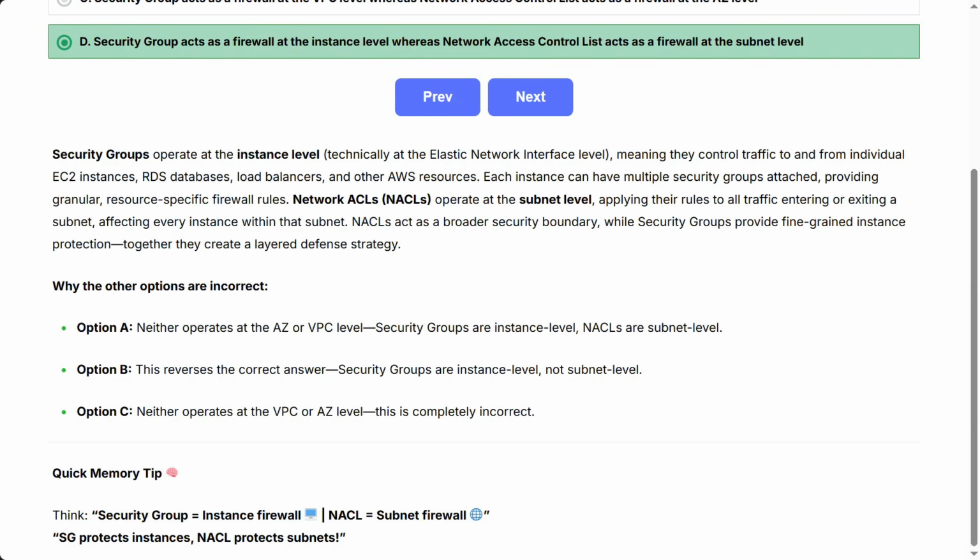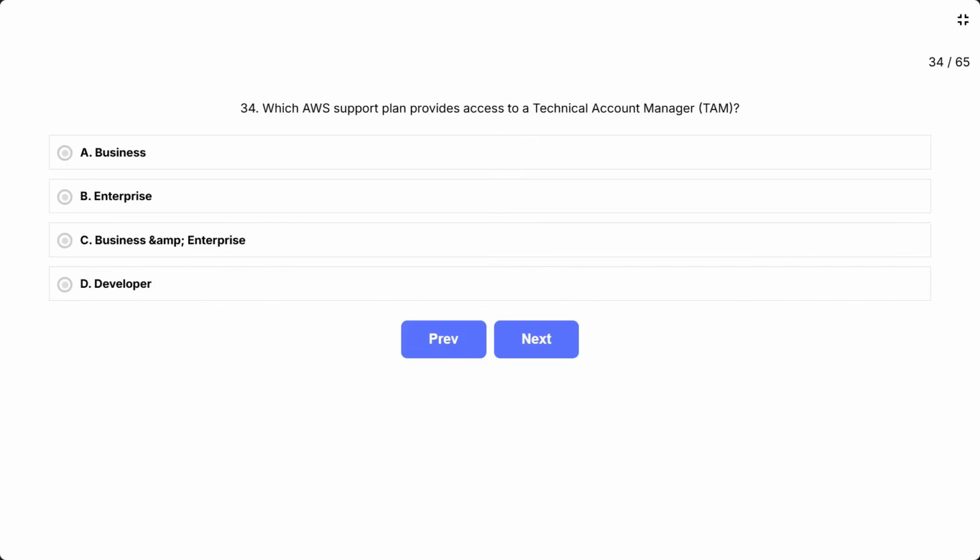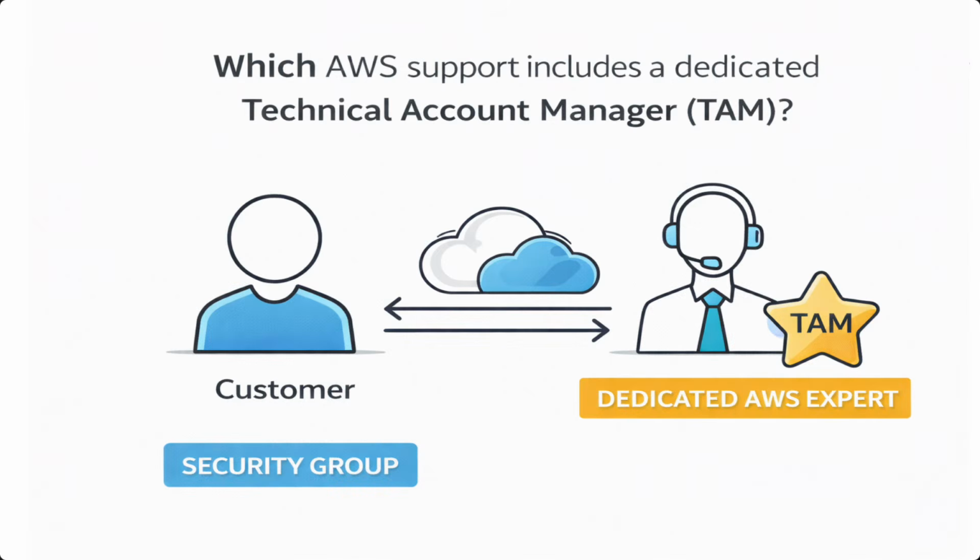NACL protects subnets. Question 34. Which AWS support plan provides access to a technical account manager, TAM? A. Business. B. Enterprise. C. Business and Enterprise. D. Developer. This question asks which AWS support plan includes a dedicated technical account manager who acts as your personal AWS advisor. Think of it as, which premium support tier gives me a dedicated AWS expert to help with my cloud strategy